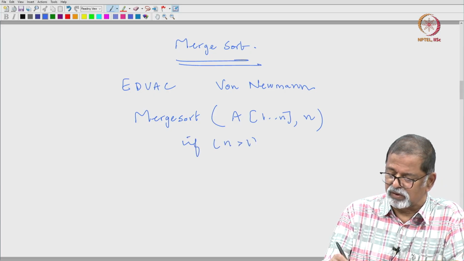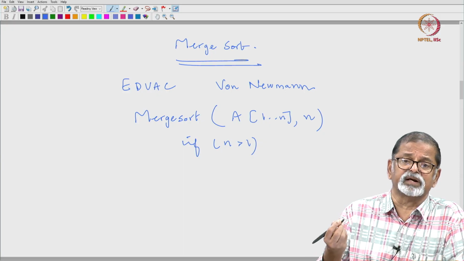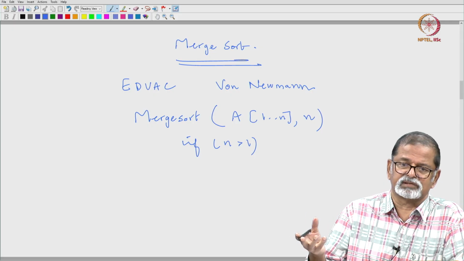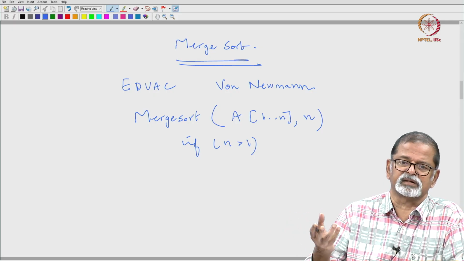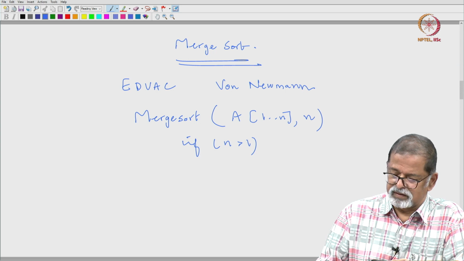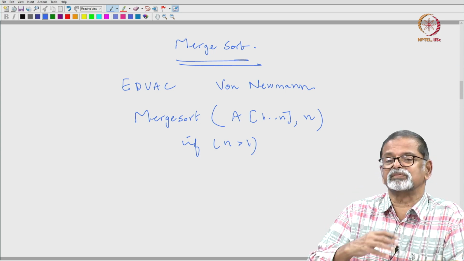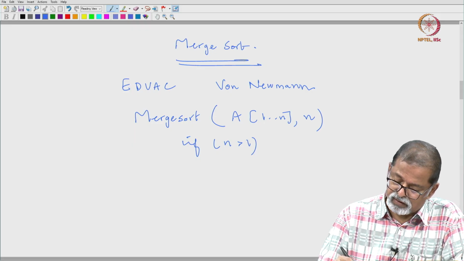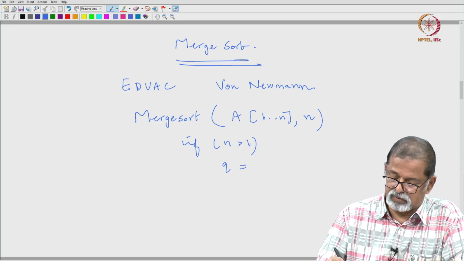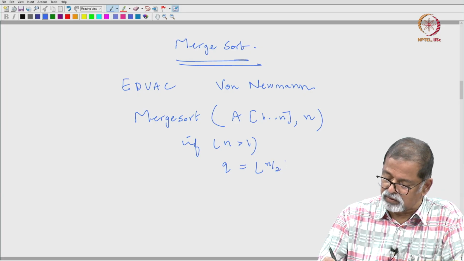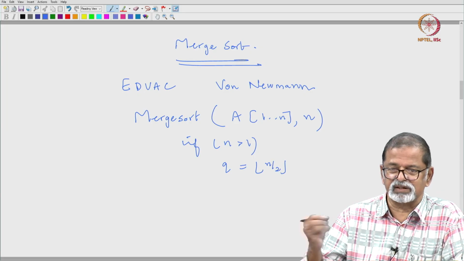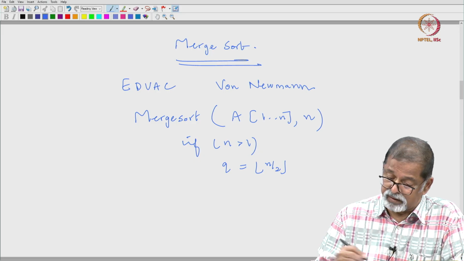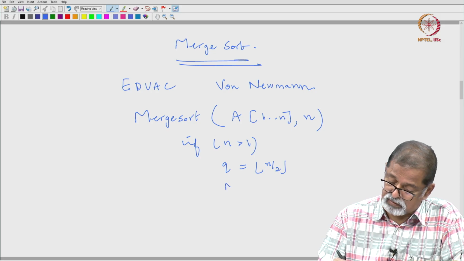Okay. If n is greater than 1, well, if n equals 1, there is only one item. Sorting one item, just leave it as it is, don't do anything. There is nothing to be done for sorting one item. So only if n is more than 1, you have to do the divide and conquer. If n is greater than 1, let q equal floor of n by 2. I will talk about floor and ceiling a little later. Okay. And merge sort